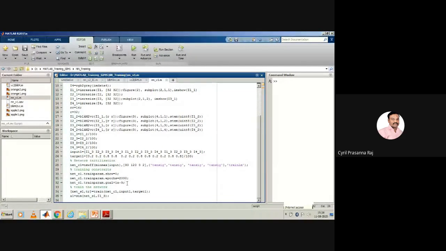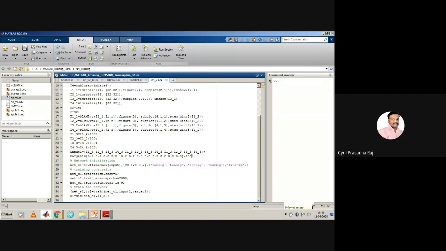So what you need to do now is see this. We are trying to scale it by 100. This parameter you change: instead of 100, you make it 20 or 30. Why? Because since you are using Tansig, which gives -1 to +1, it will usually get saturated. So you try to make it as small as possible, that means the entire data you divide by a larger number. That is one possibility. Then you can keep trying this.